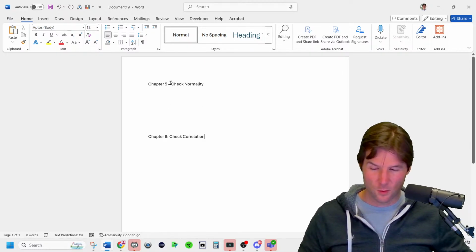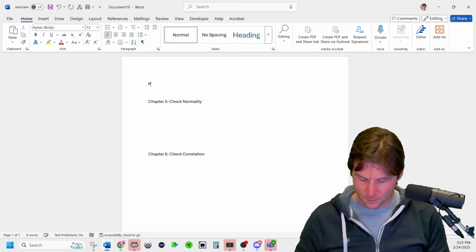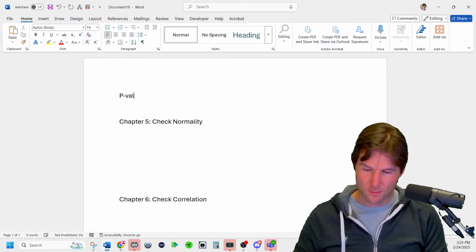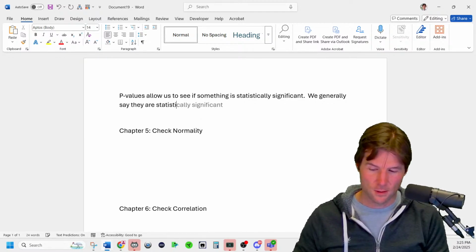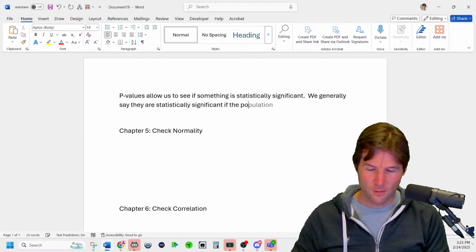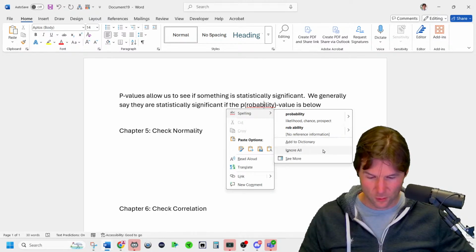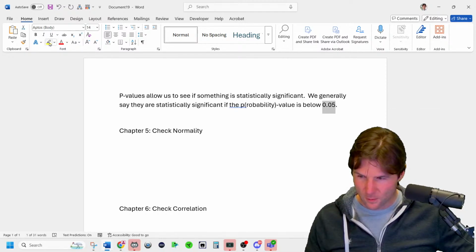Okay, so the general broad idea of a p-value is the following. I'll make this bigger so it's easier to see. P-values allow us to see if something is statistically significant. We generally say they are statistically significant if the p-value, which stands for probability value, is below 0.05. That's a key number to know right there. And what this means